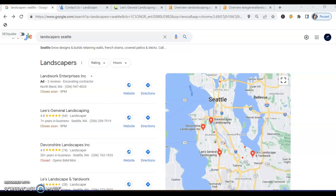I did some pretty detailed research on Van Landscaping and wanted to share with you everything that I came up with. So let's jump in. When your future customers are searching Google for your services and they type in, let's say,